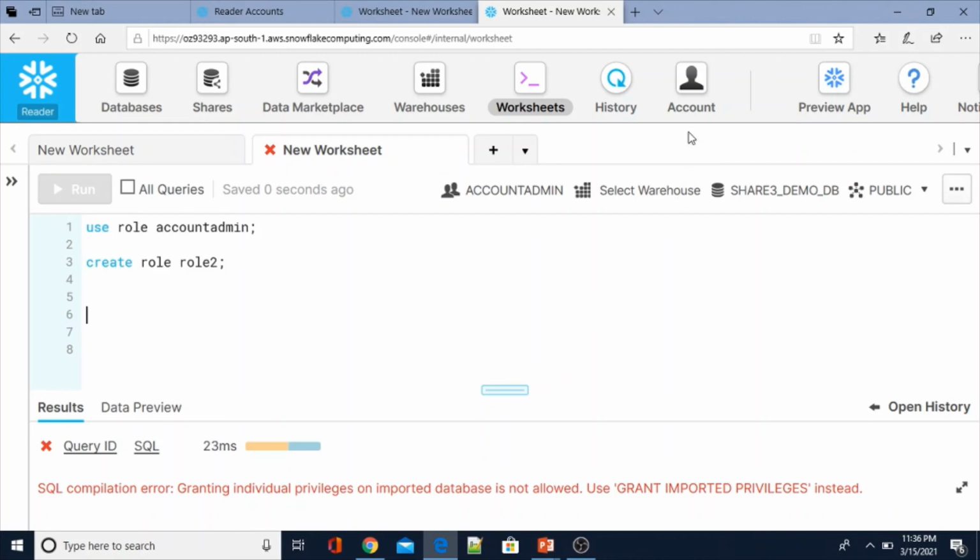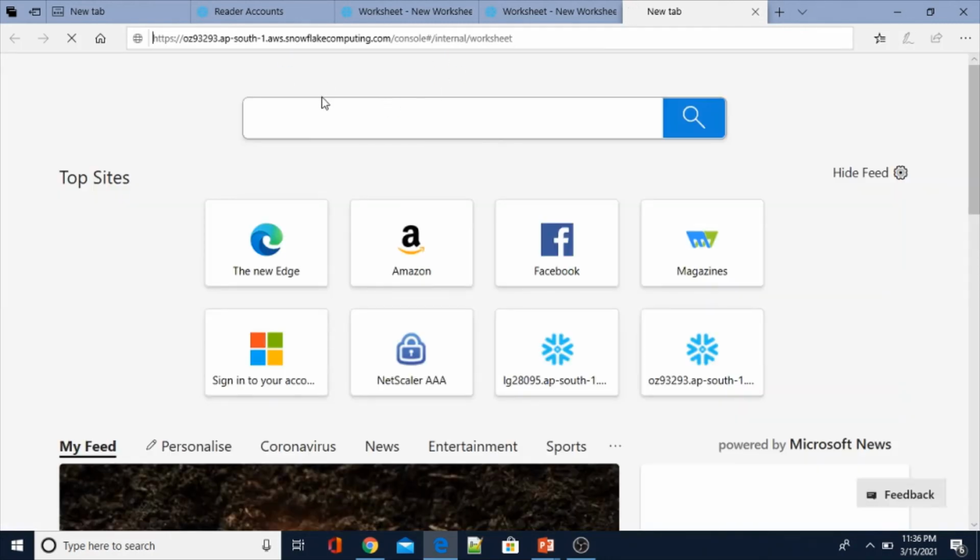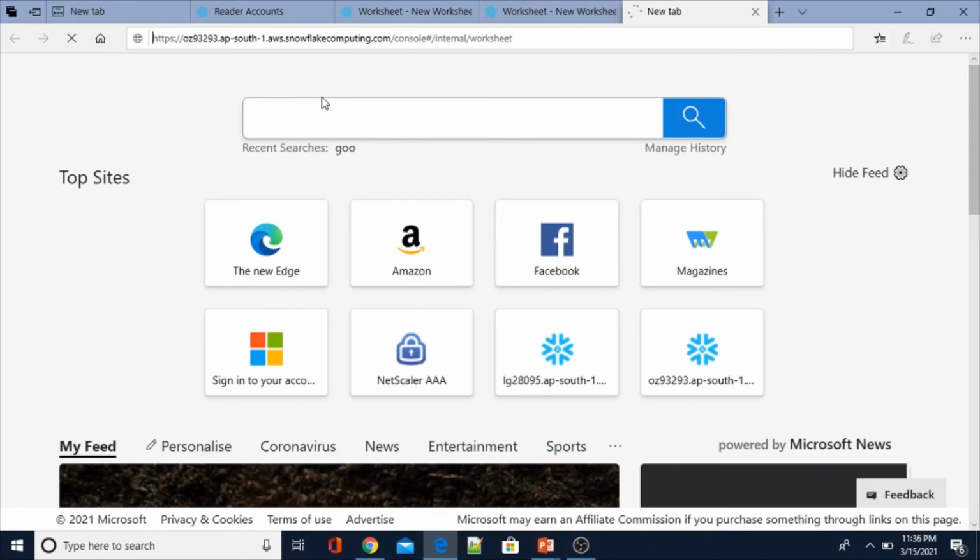Now let me log in with the user called client 2. These credentials we are going to share with the client, so they can access whatever data we are going to share through the secure share.